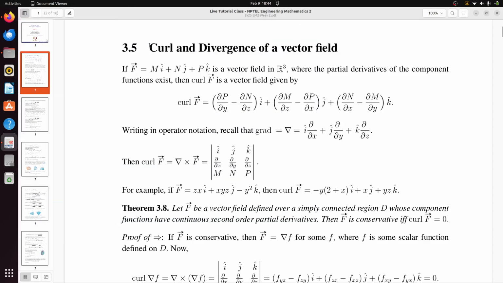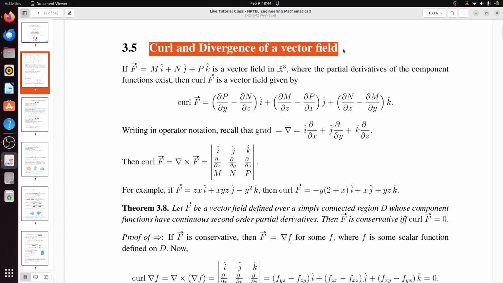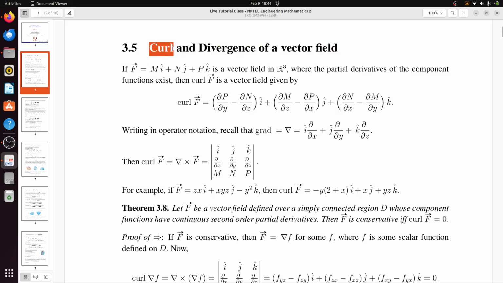So today we will start our journey from curl and divergence of a vector field. So first of all we need to know what we actually mean by saying curl of a vector field. For example, you have a vector field F that is like m i plus n j plus p k, and this m, n, p are actually functions of the state variables x, y, z. This is a vector field in R cube where the partial derivatives of the component functions exist, and then curl